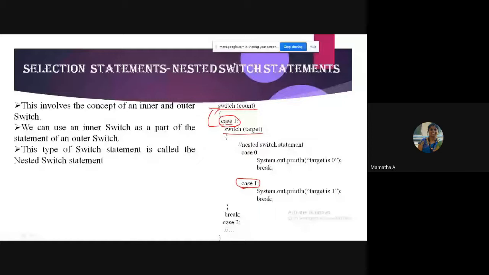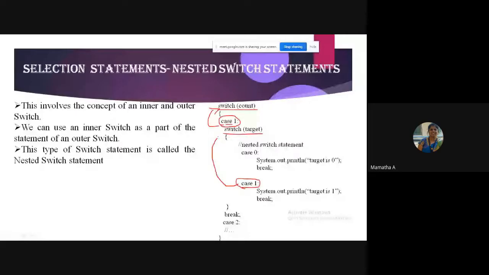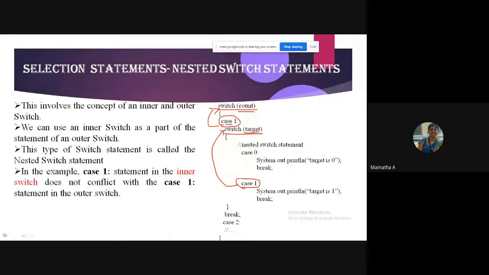The compiler will treat them as different, because this case 1 will be matched to the value of target in the inner switch, whereas this one will be matched to the value of count. So the case 1 in the inner switch does not conflict with the case 1 in the outer switch.